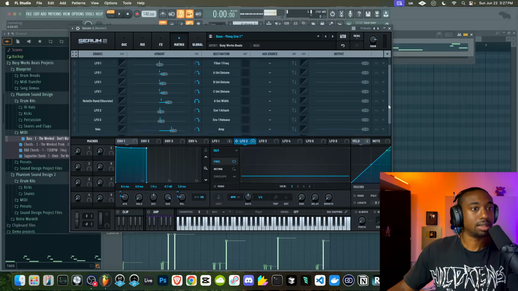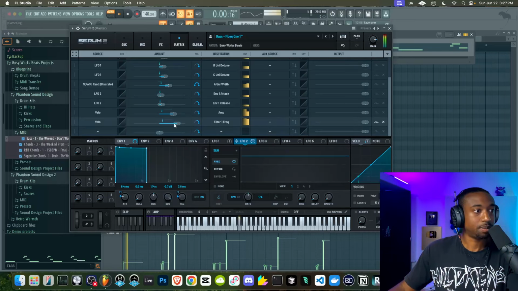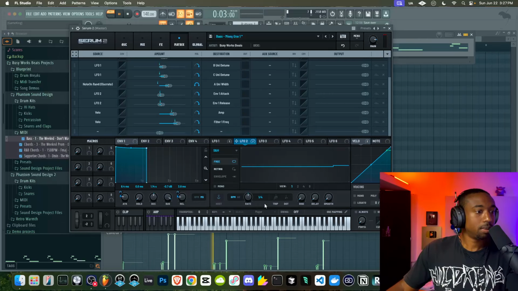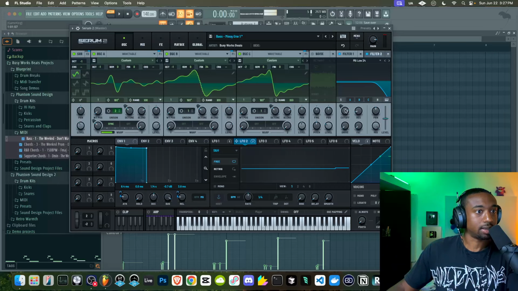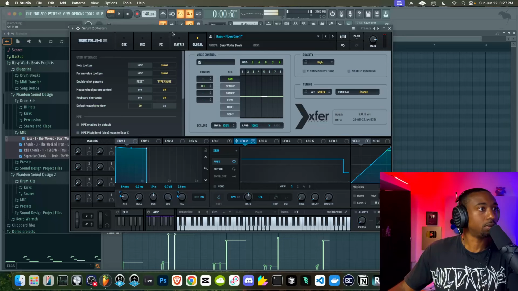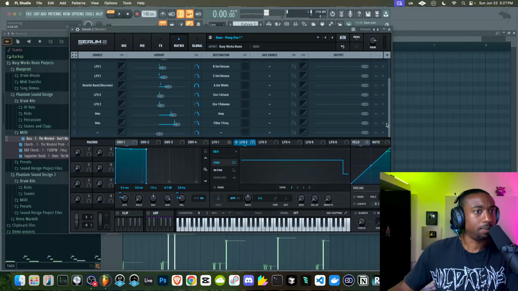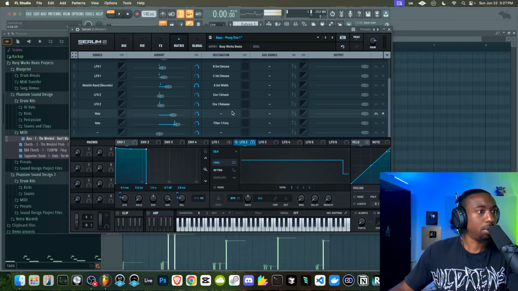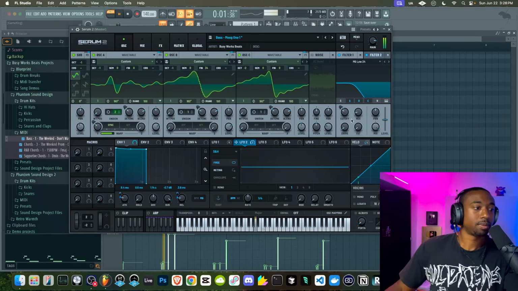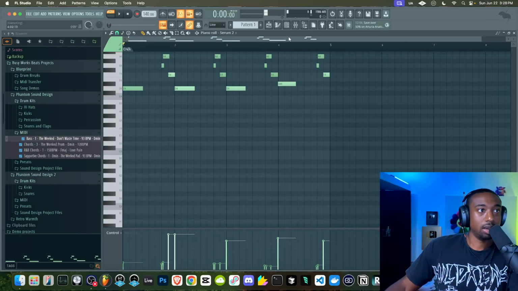Let's go to the Matrix and let's set the range. So now if the velocity notes are higher, the filter opens up. So I'm going to exaggerate this so you guys can hear it. Let's turn the filter down. And now, let me turn off the amplitude modulation. Another thing is if you go to the global tab, switch here and go to ultra mode and lock it. That way you don't mess with that. Let's go to the Matrix. And I believe that's their oversampling mode if I'm not mistaken. Let's switch the amp mode off just for this demonstration. I just want you guys to see as the velocity goes higher, it triggers a more open filter.